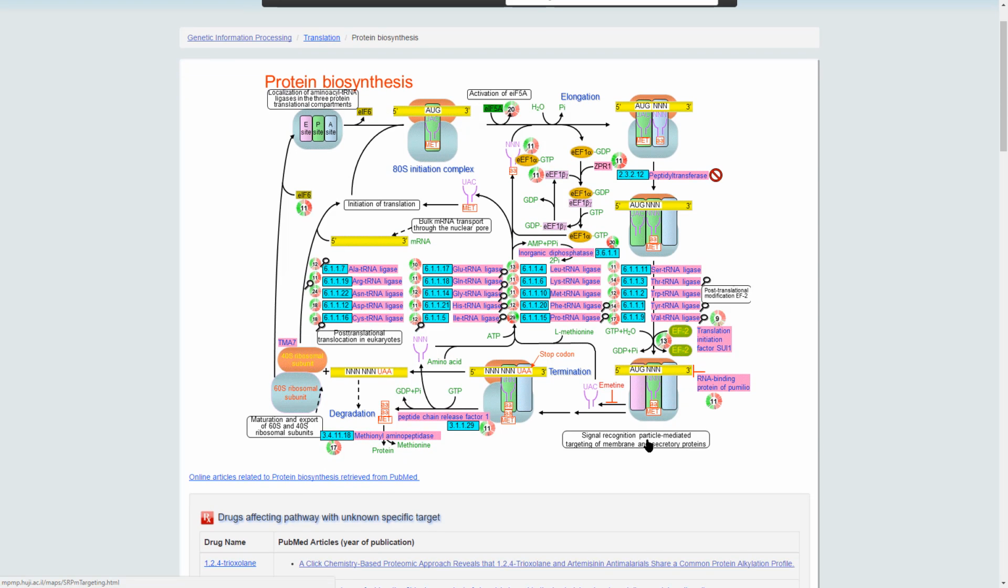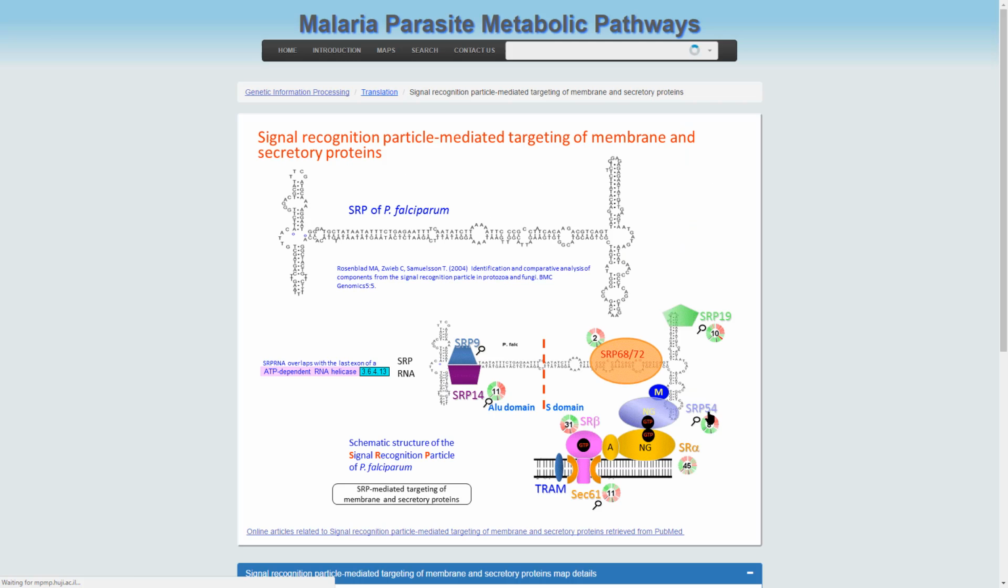And here we have, for example, signal recognition particle mediated targeting of membrane secretory protein, which leads the SRP together with some elements into the membrane, where it is translocated across the membrane by the SEC